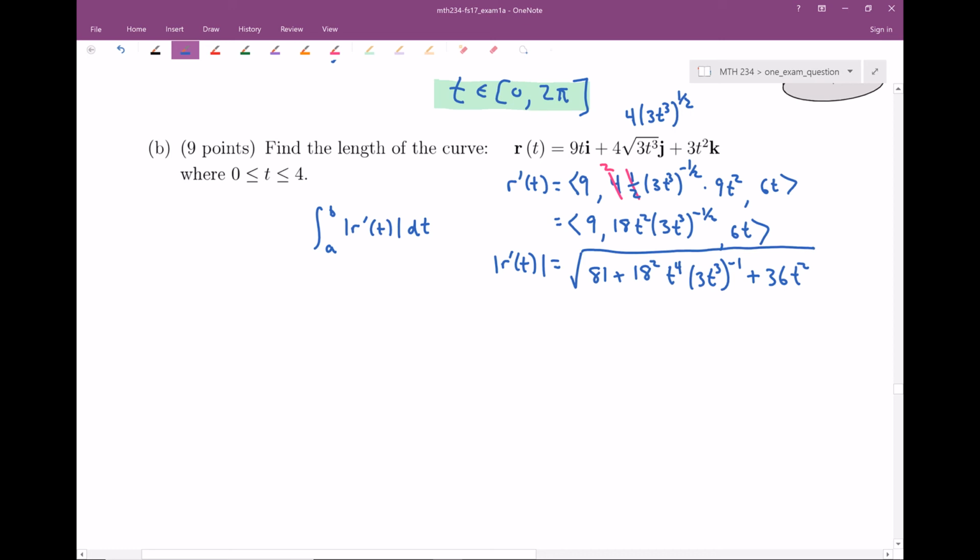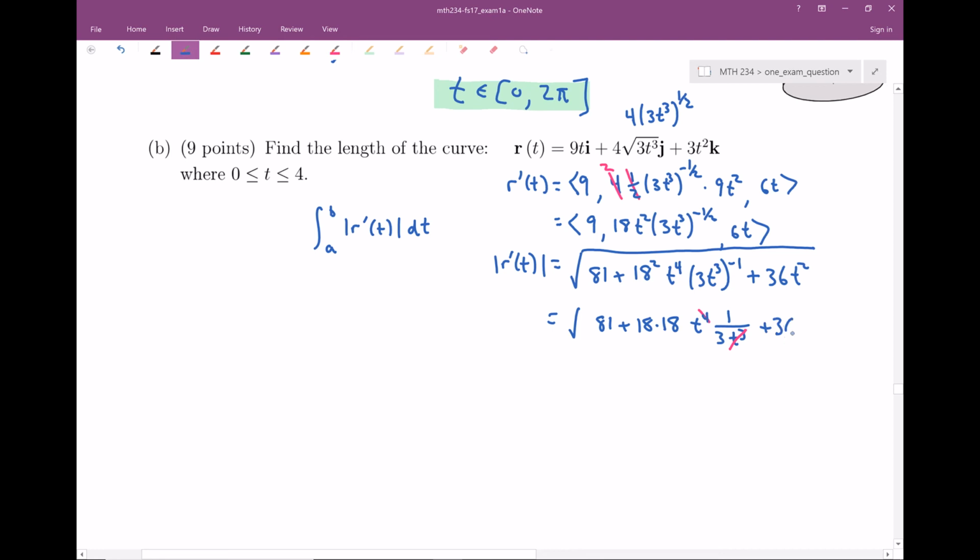All right, looks like we can do a little bit of simplifying here. So let's see, I'm going to have 81 plus, I'm going to go ahead and write this as 18 times 18. You'll see why I'm doing this in a second. t to the 4th is just t to the 4th, and when I have something raised to the negative 1st power, that's actually in the denominator. So let me go ahead and write this. And now it's very clear we can see that some of these t to the 4ths cancel out with a t cubed in the denominator, and so we're just left with t